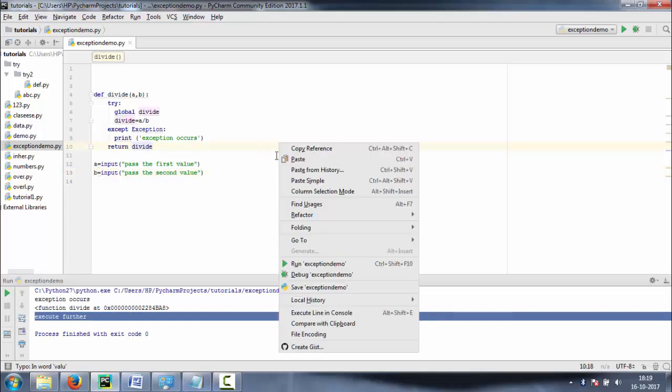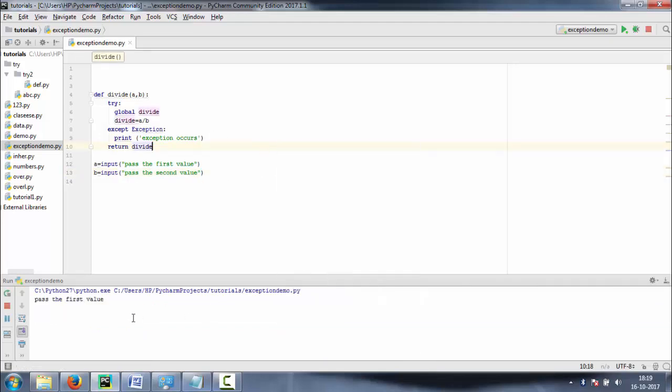Now let's run the code. Let's pass the first value, I am passing 4 here, and the second value, I am passing 2 here. It will not print anything because we are not printing. Okay, I forgot, sorry.